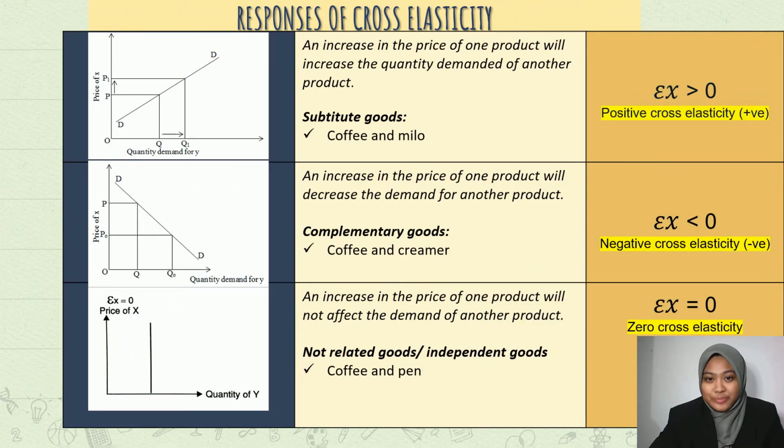This is the response of cross elasticity. First is positive cross elasticity, which is when cross elasticity is more than zero. You can refer to a graph. An increase in the price of one product will increase the quantity demanded of another product. For example,